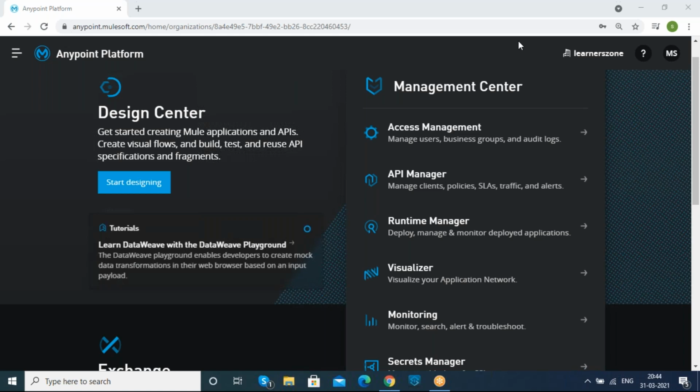But here the thing is, you can see the browser anypoint.mulesoft.com. Is there any specific URL? For example, here I'm working for some client. Is the URL specific to the client, or is this common for all clients? So how can we identify this belongs to the particular user, and how to manage? We are typing the username and password, right, before logging in. Yeah, correct. Just by using that we can identify, right?